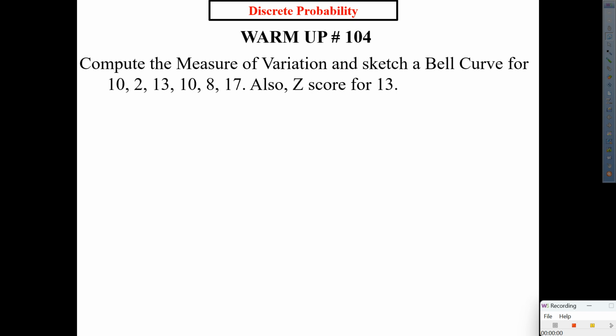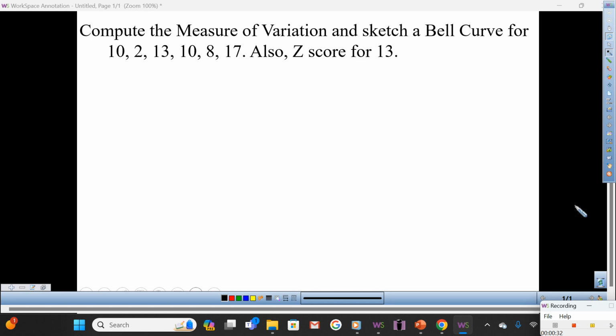Whoop, whoop. Warm-up 104 is on the screen. Shouldn't take you long. Put away those AirPods, cell phones, and such. Set aside your whatevers that you have. And focus. Today we're moving on. Let's go. Last two modules, last two sections. I think we got this. All right, share with your neighbor your warm-up so you can get the show on the road.